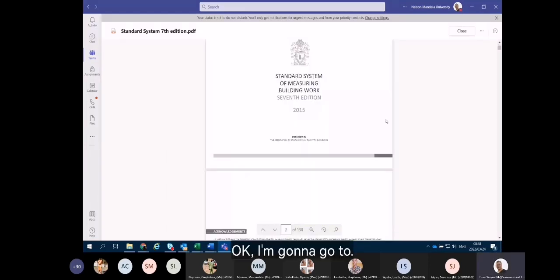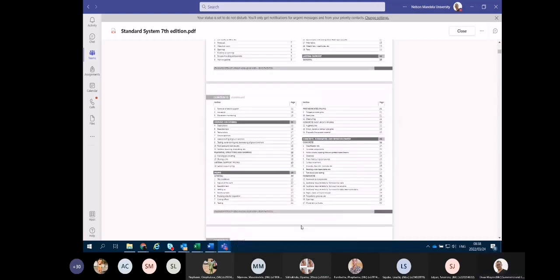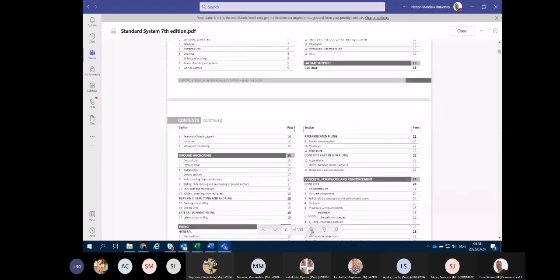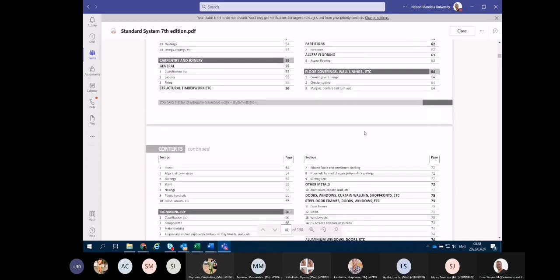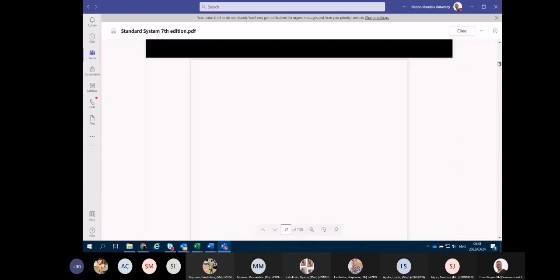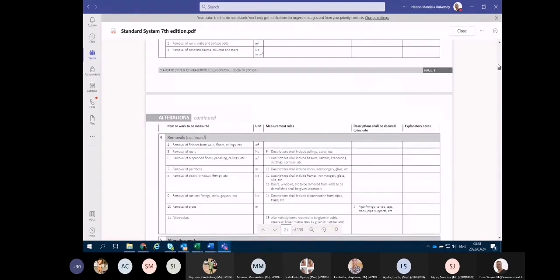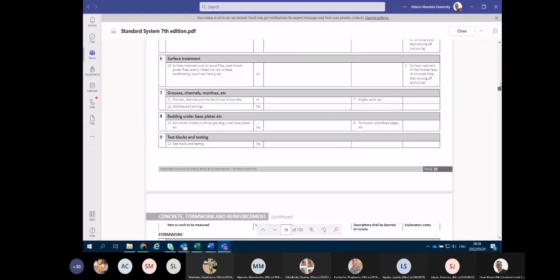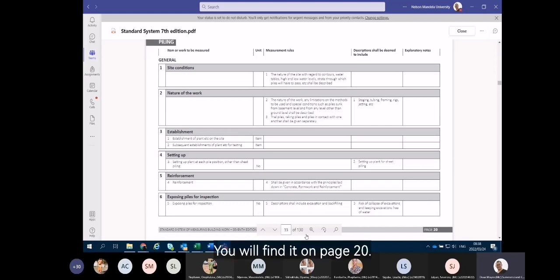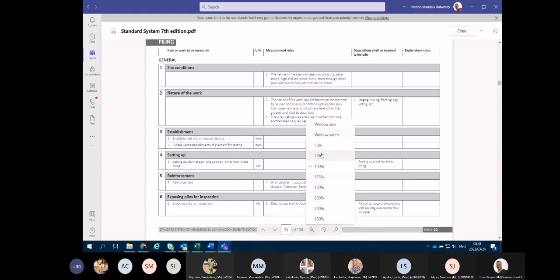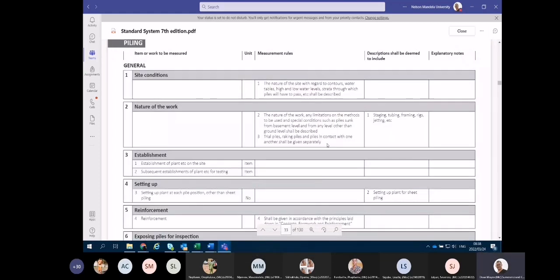Okay. I'm going to go to the section that deals with piling in the standard system. You'll find that on page 20. When we look at what the standard system says,